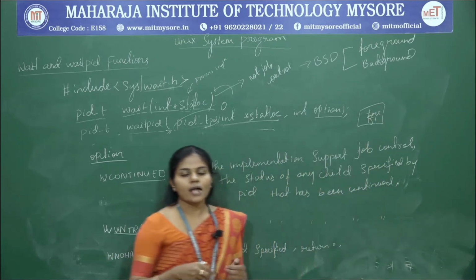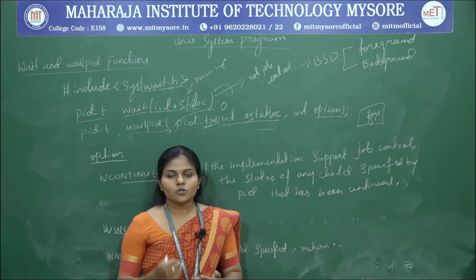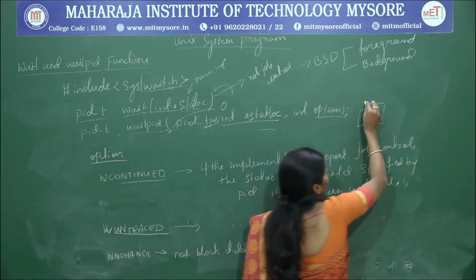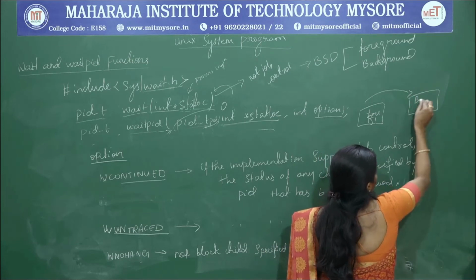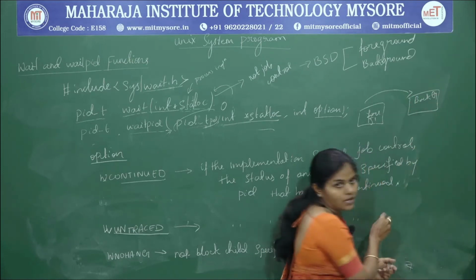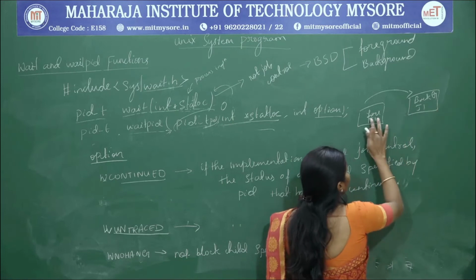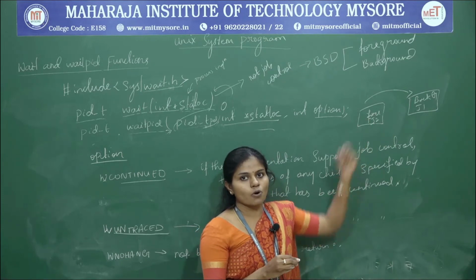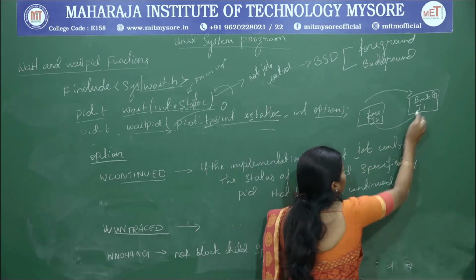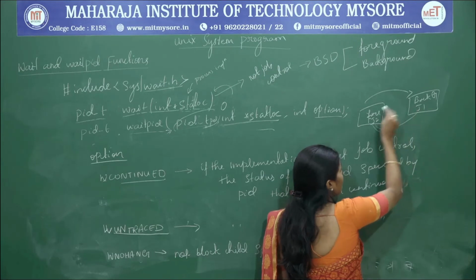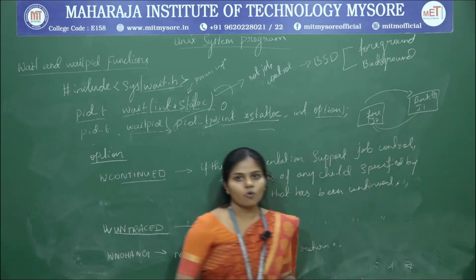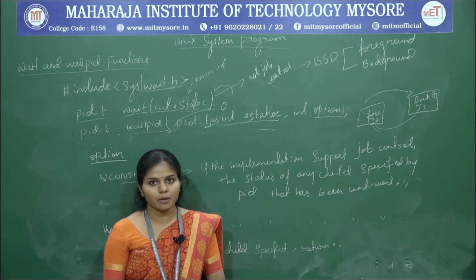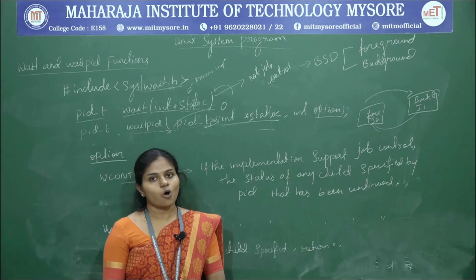that is job 1. Now I would like to execute one more job. So what I am going to do is make this foreground job be passed to the background. Then the process job 1 is going to go to the background and the new job comes to the foreground for the execution. So there is a context switch between the background and the foreground, foreground to the background, for the execution of multiple jobs at the same time. So that is what job control is.